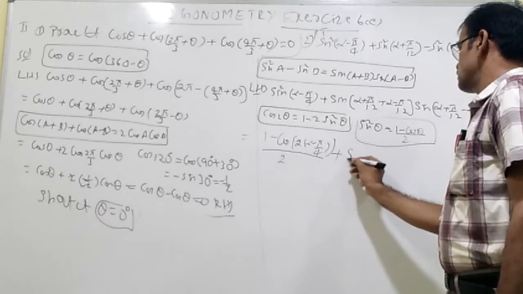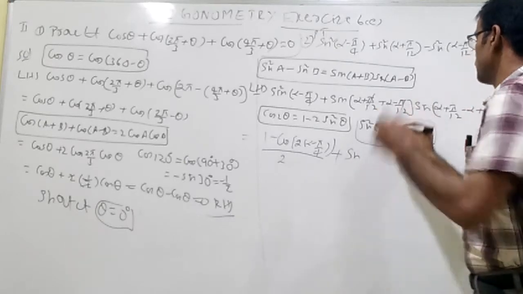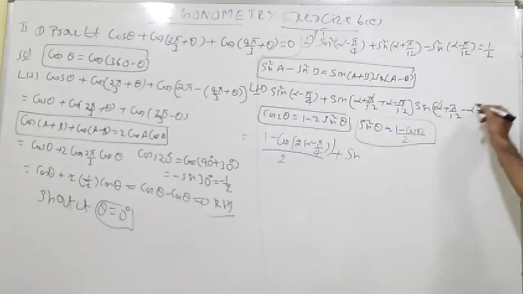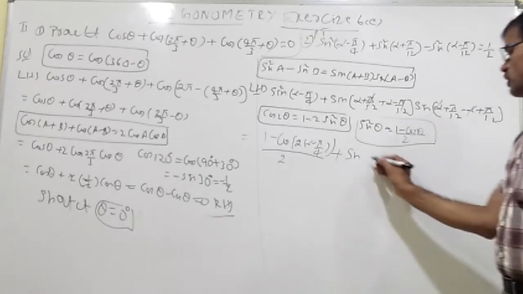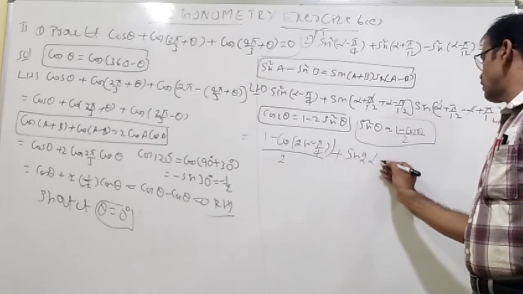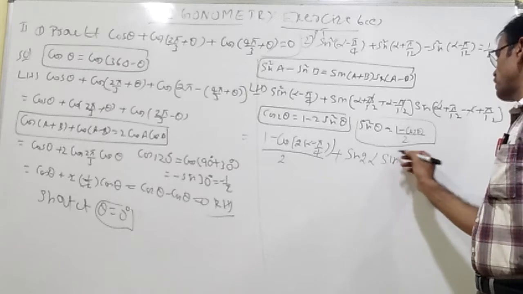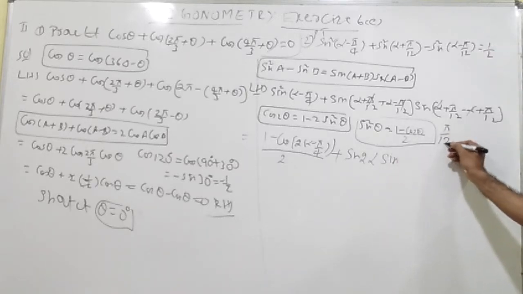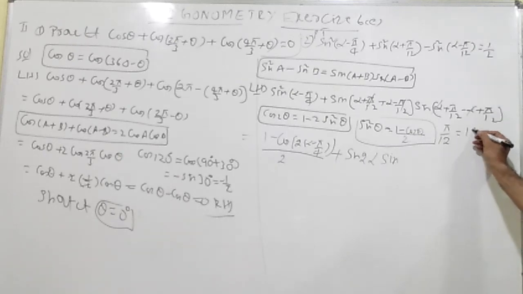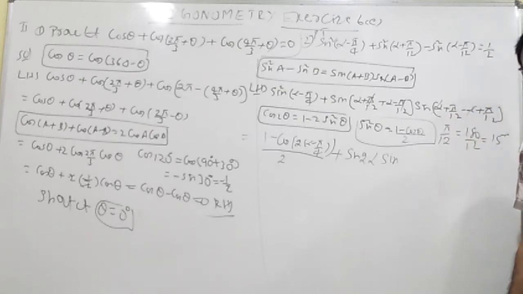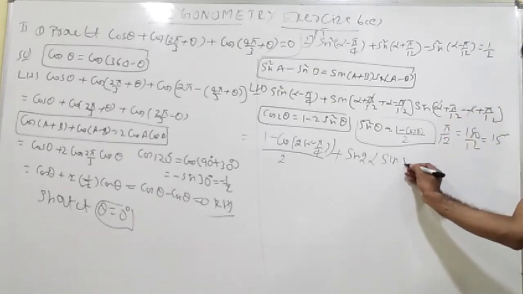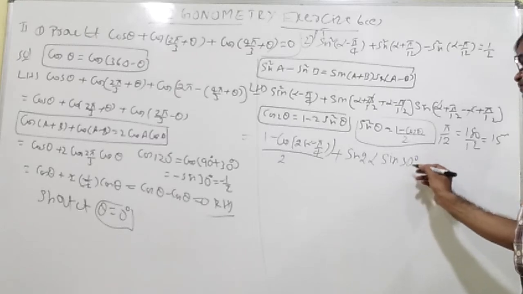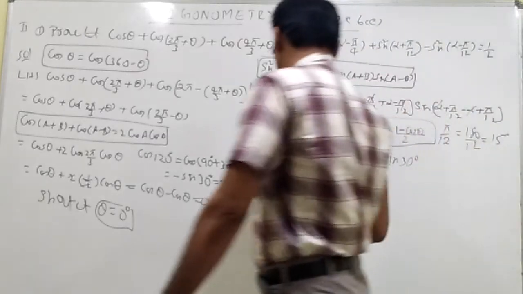Plus, here pi by 12 and pi by 12 get cancelled. Here alpha and alpha get cancelled. Now what is happening? Sin 2 alpha into sin pi by 12, meaning how many degrees, students? Pi meaning 180 degrees. So 180 by 12 is 15 degrees. So 2 pi by 12 means pi by 6, of course it is 30 degrees. 15 degrees plus 15 degrees you can write as 30 degrees.